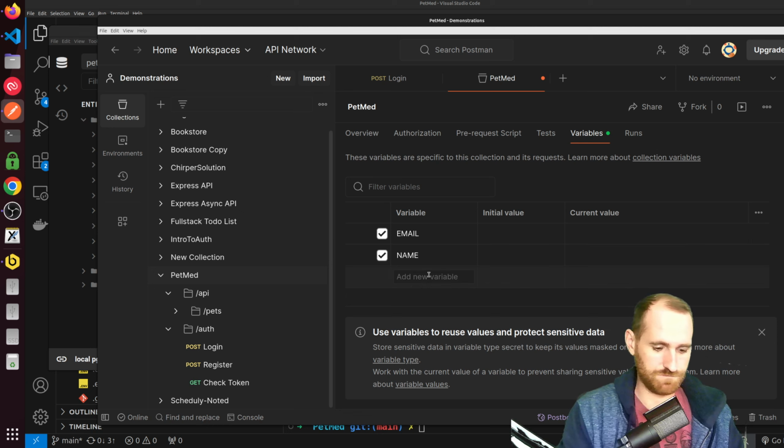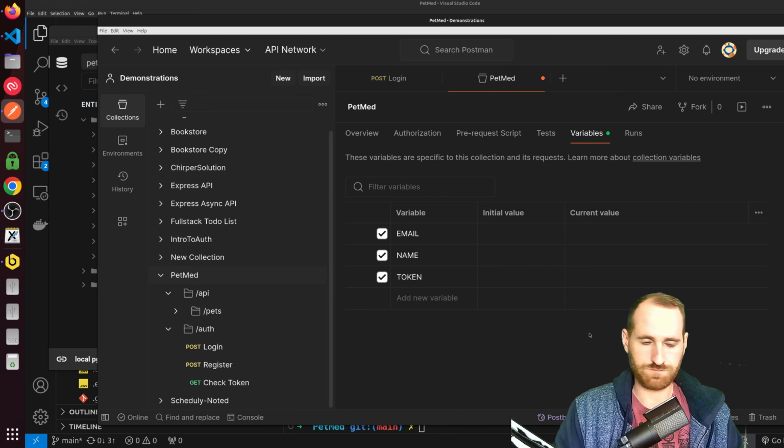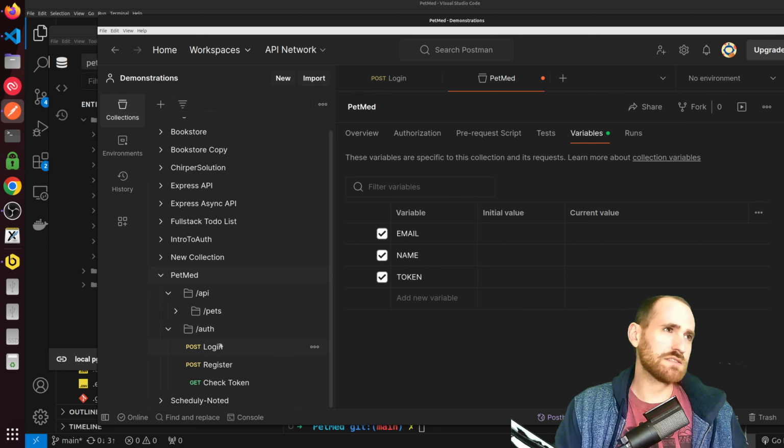Name. We'll also do token here. And we've already made sure that all of the verification workflow works. We've tested that out manually. So